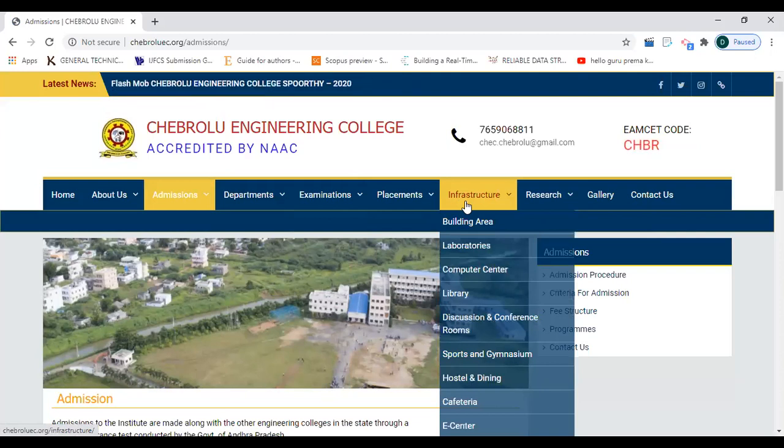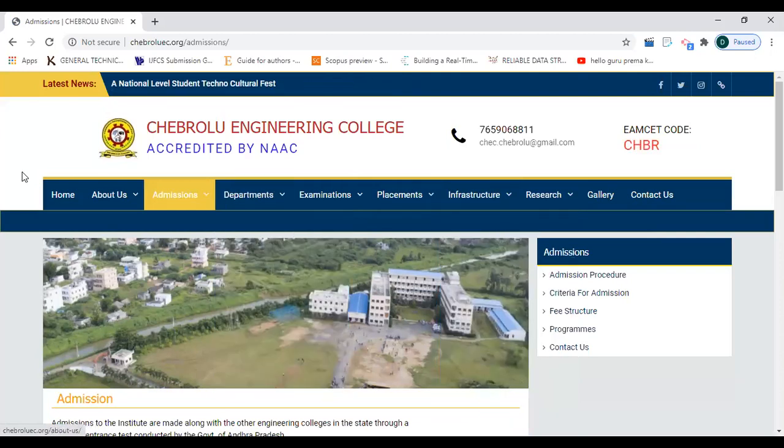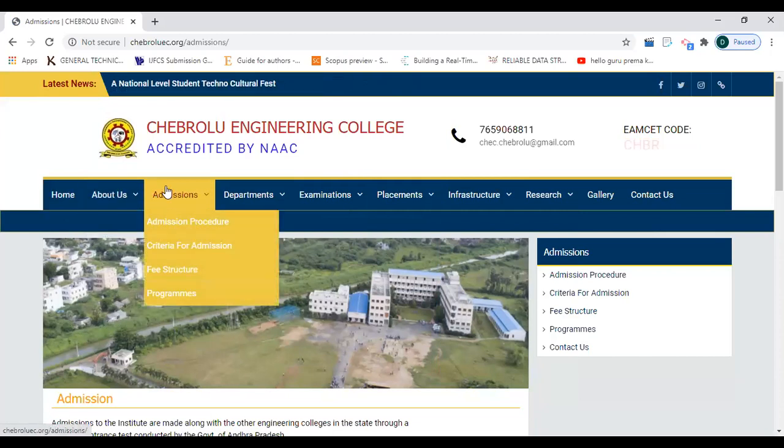Assume each and every menu is called one module here, or otherwise one element. Now in architectural pattern we are going to describe a single element. Suppose here we take the example of the single element admissions.